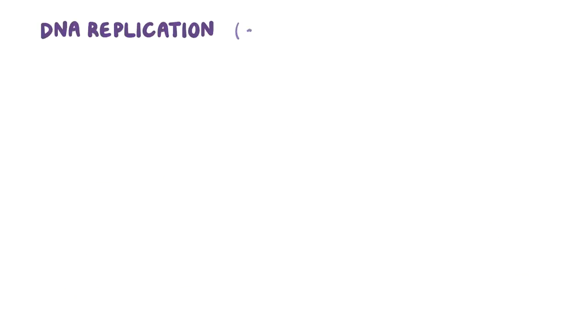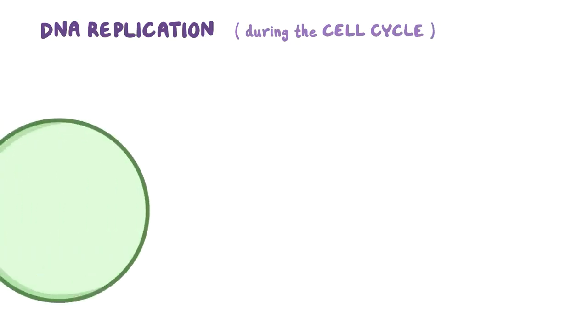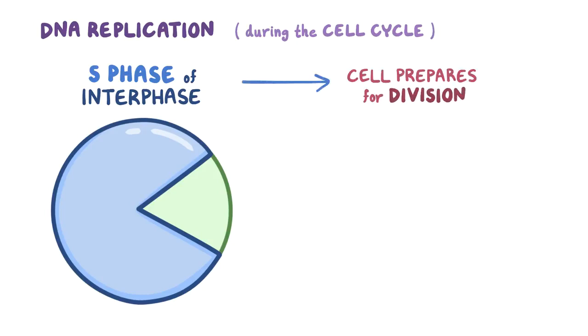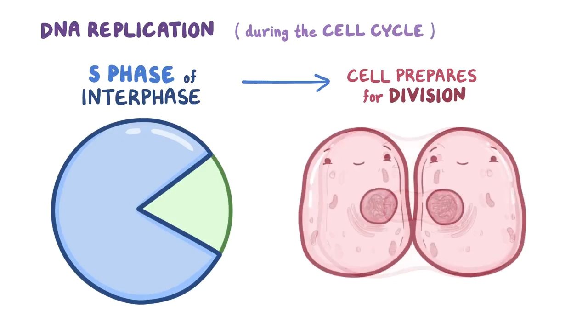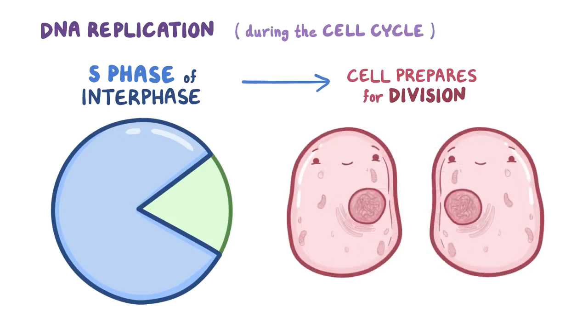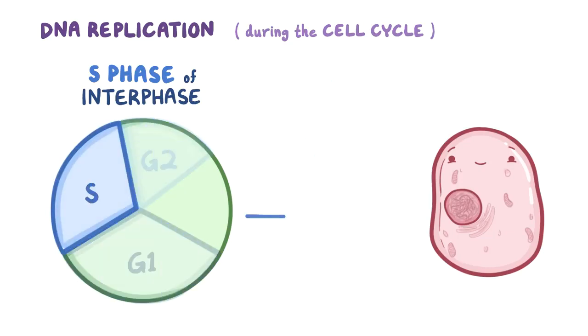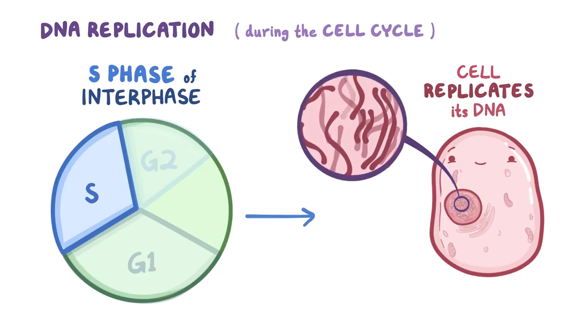DNA replication happens during the cell cycle, more specifically during the S phase of interphase. So the cell cycle is made up of interphase, when the cell prepares for division, and mitosis, or the actual splitting of the cell into two daughter cells. Interphase has three subphases, G1, S, and G2. And during the S subphase, the cell replicates its DNA, so that the two daughter cells get the exact same